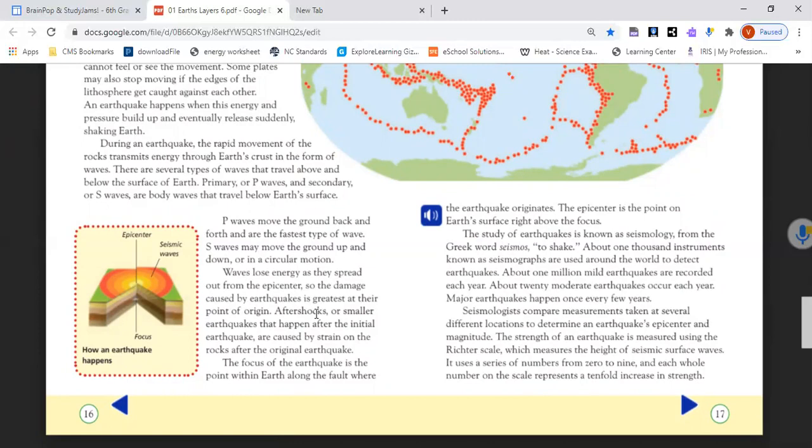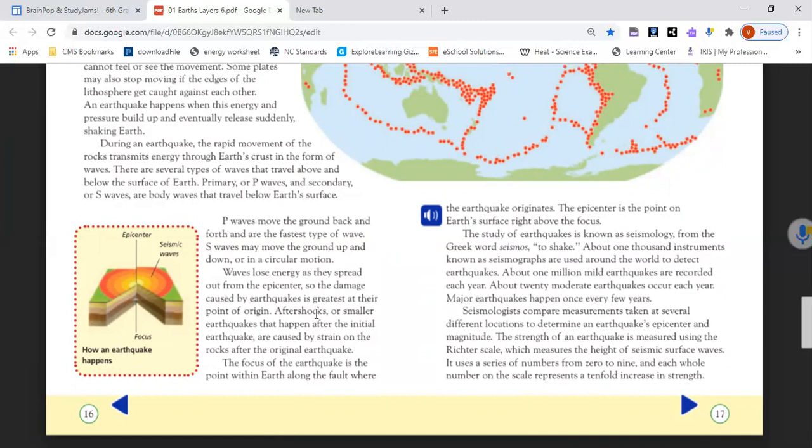About 1,000 instruments known as seismographs are used around the world to detect earthquakes. About 1 million mild earthquakes are recorded each year. About 20 major earthquakes occur each year, and great earthquakes happen once every few years. Seismologists compare measurements taken at several different locations and determine an earthquake's epicenter and magnitude. And if one is fast approaching, how much intensity and destruction will it cause? For that, there is a measure called the